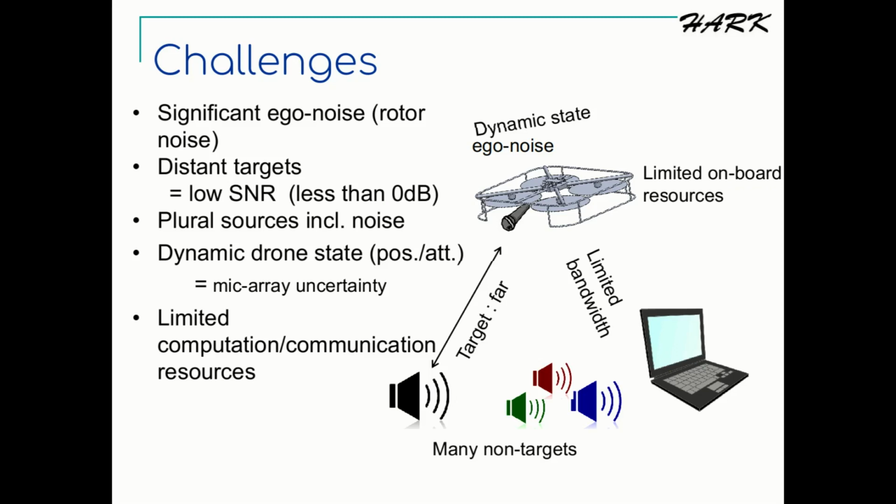You might think that it might be possible to transmit all the recorded data to the base station, the ground control station, so that the high-performance computational system can be utilized to run computationally heavy but high-performance algorithms for processing those signals. Let me point out that it can be another challenge. For example, if you want to transmit a 16-channel signal recorded at 16 kHz with 16 bits per channel, then it will be more than 4 Mbps of bandwidth, which is not that easy to realize in the real field.